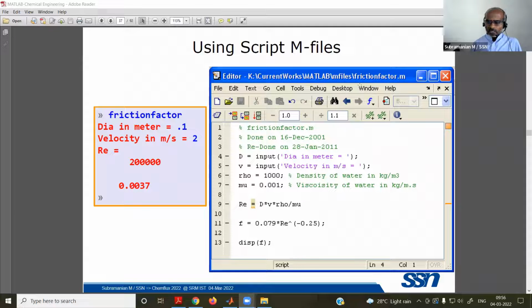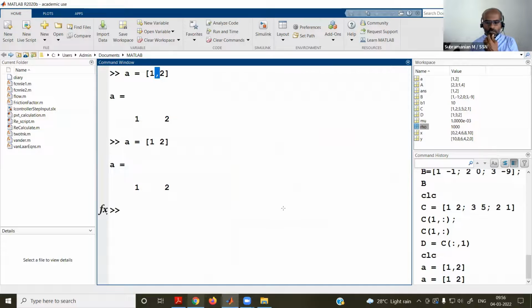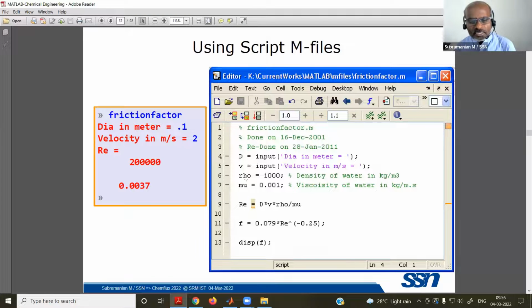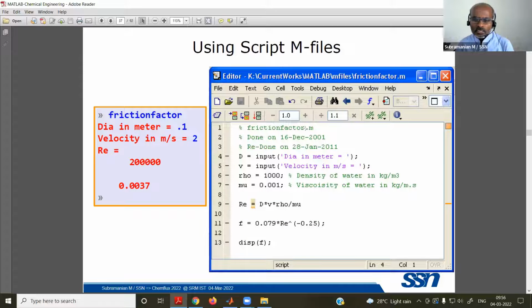We have an editor available in MATLAB itself, so we can create a new script. You can use it for typing these contents. You can type these contents in a plain text file, and you can call it if the file is available in your current working directory. You can simply type the file name without the extension. Of course, the file needs to have the extension .m. This .m file will be automatically processed in MATLAB.